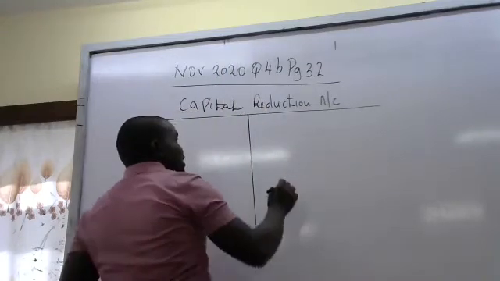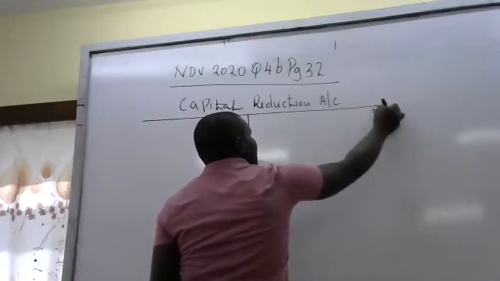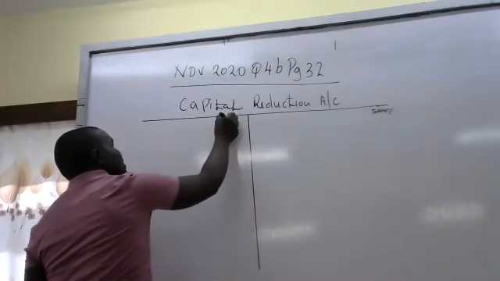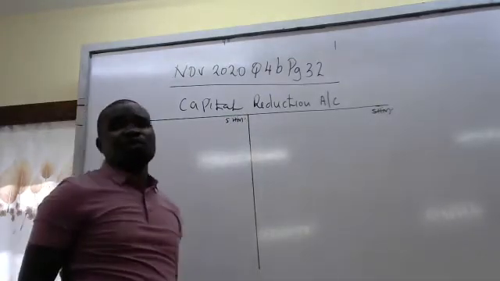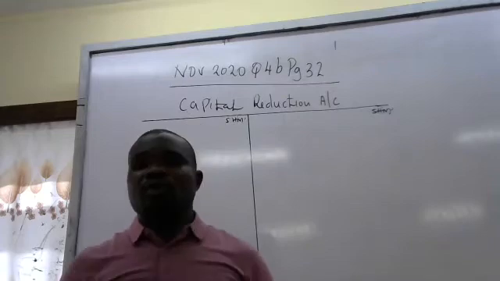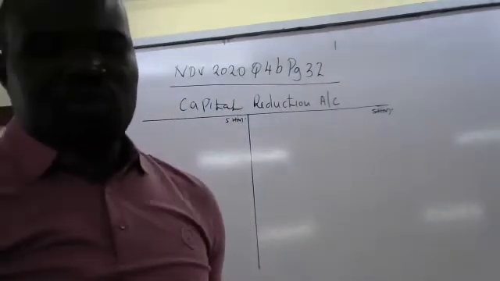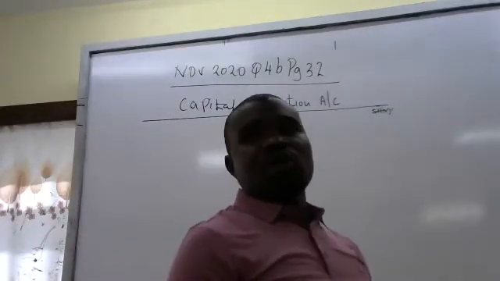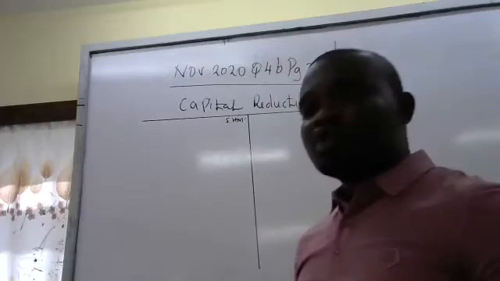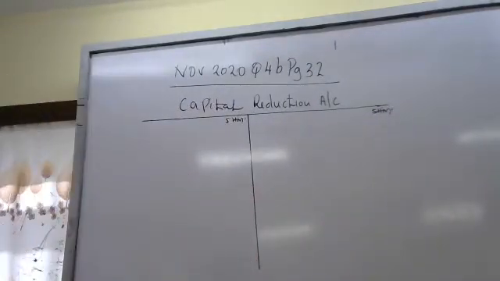Shillings in millions. So have that. So let's start with number 1. So as we read, we make those entries. So number 1 says,